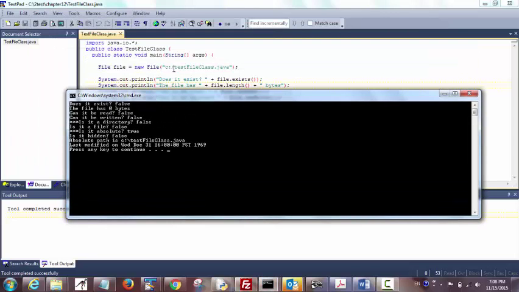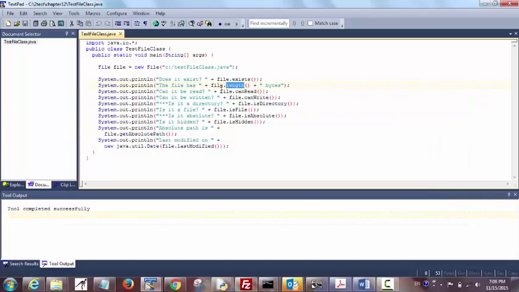Of course, C:/test file class.java doesn't exist on my system, so it doesn't exist. But if you gave it a file that did exist, then it will give you information about that file. So make sure you execute this with various files. Now, if you don't specify the path, then this becomes a relative path, and all it's going to do is look at the current directory where you're running the code